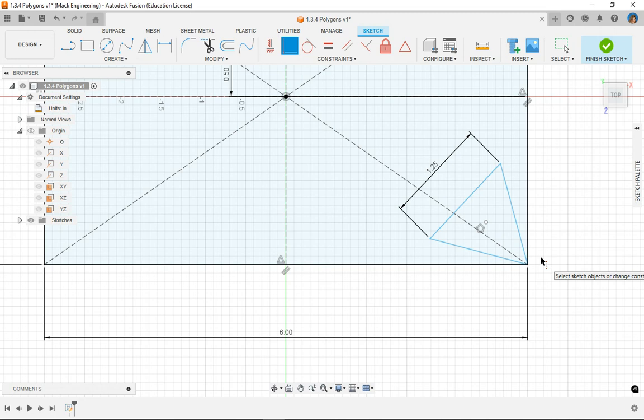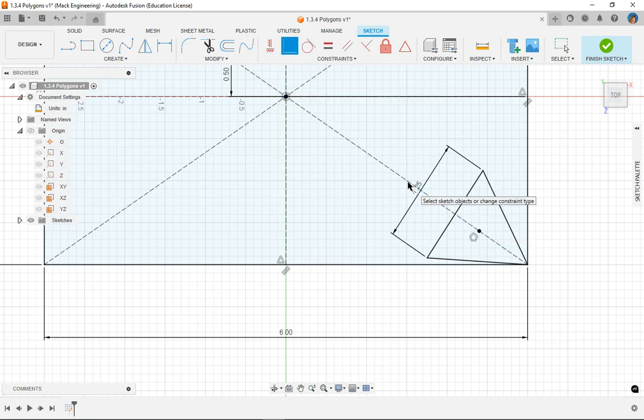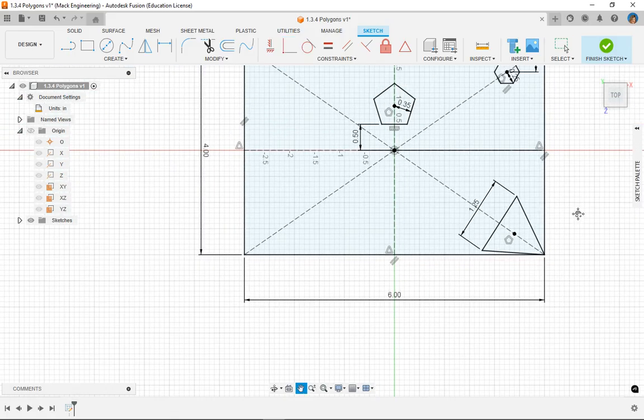We're going to do another coincident constraint. So we're going to keep our coincident constraint on. We're going to click on the center of the triangle, this dot right here, and then on the diagonal line right here. And it lines it up nice and neat. Okay, and then we can click OK. And that is